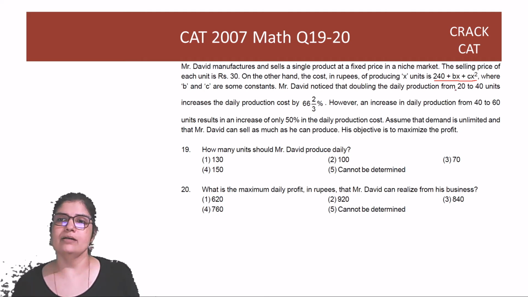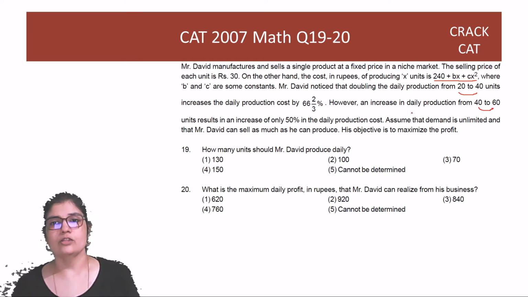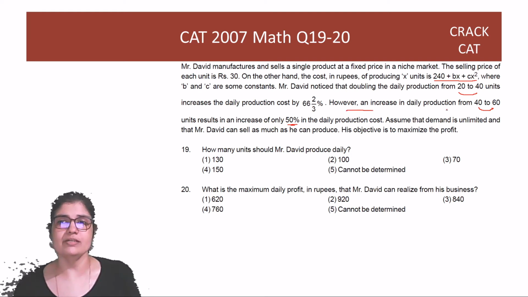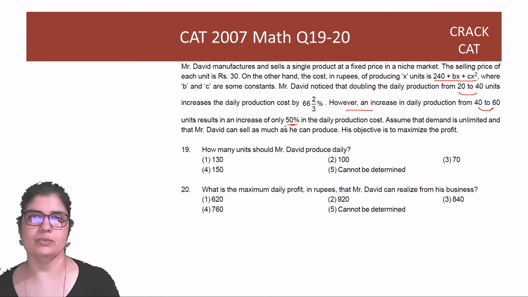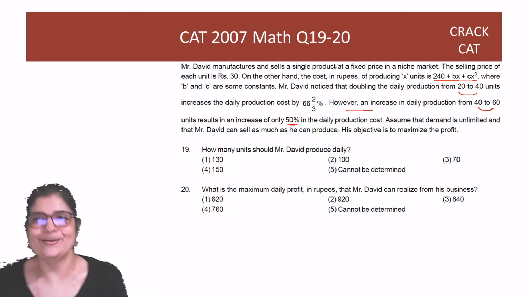When your production doubles, the cost does not double, it increases slightly less than double. But when your production increases by 50%, the cost also increases by 50%. So let's start off with this equation, because whenever something like this happens, where this increases by 50% and this also increases by 50%, your linear variable disappears. Let me tell you what I mean by that. Let's start off with that equation, okay? So what is that equation that I'm talking about?